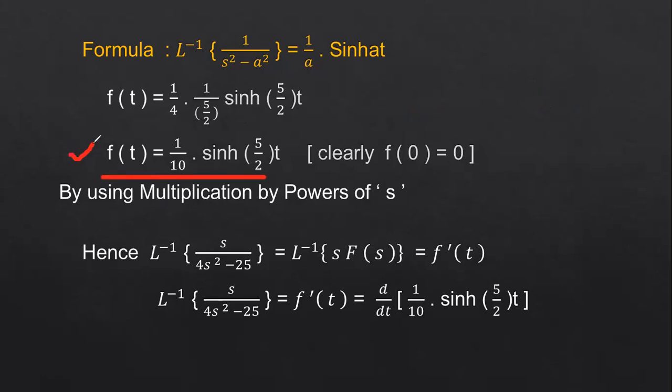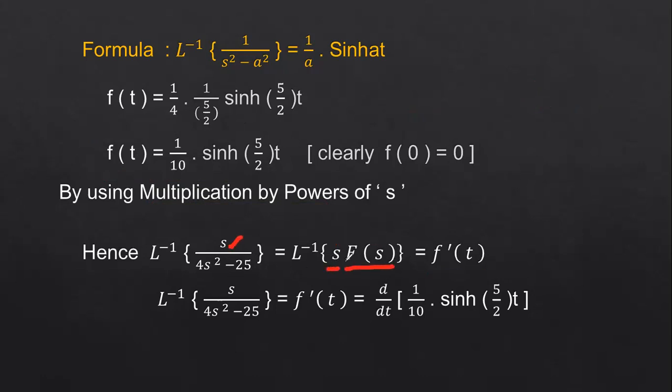So you got this f of t. By using this method, the Laplace inverse of s by 4s square minus 25 can be written as the Laplace inverse of s into f of s. So it is of the form s into f of s. When you convert this into s into f of s, it can be written as f dash of t. Why? Because this f of s is multiplied by only